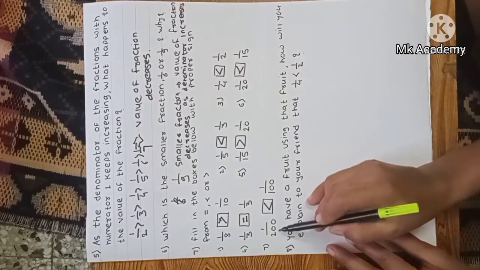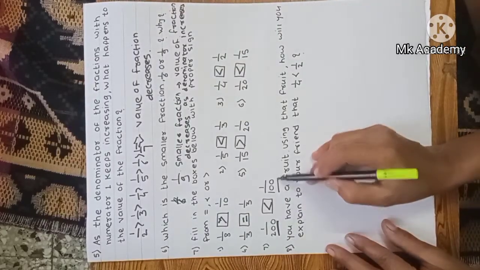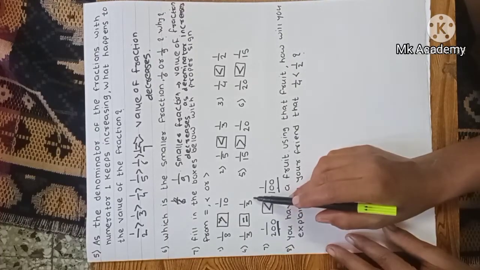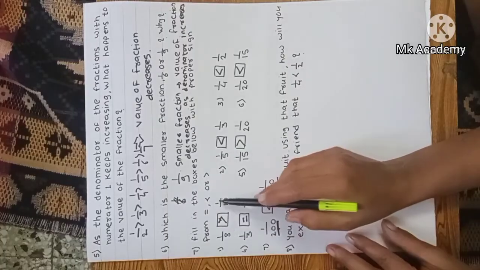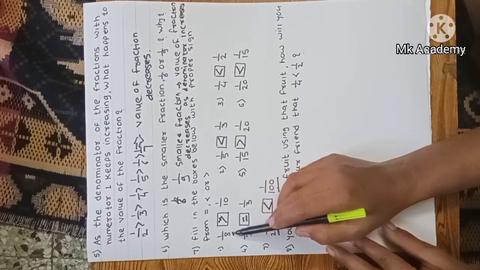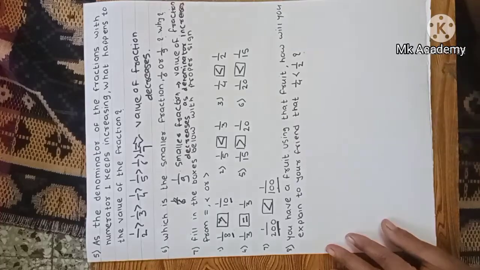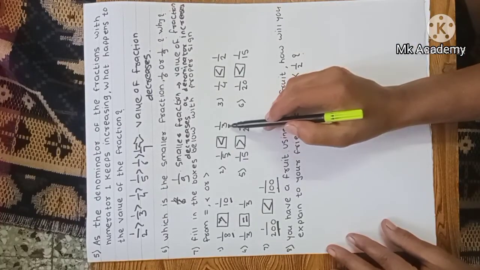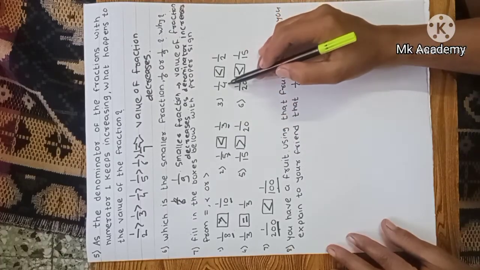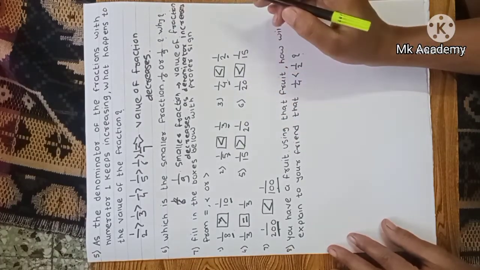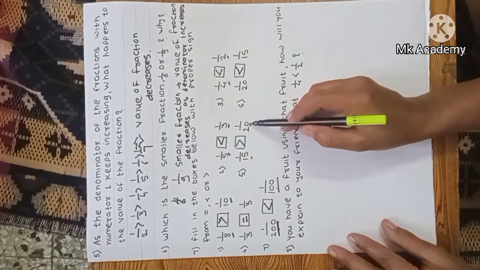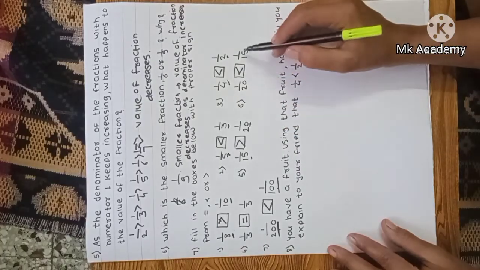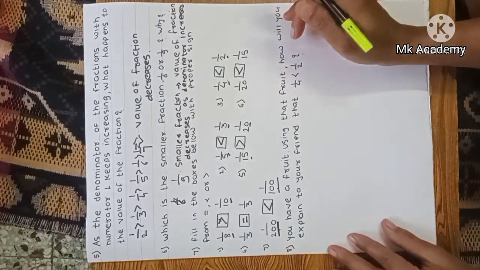Means this, see, this is 1/200 and 1/100. This is small and this is big. And 1/3 or 1/3 is equal. 1/8 or 1/10: 1/8 is bigger and 1/10 is smaller. 1/5 and 1/3, 1/5 is small and 1/3 is big. In this example also 1/4 is small and 1/2 is big. 1/15 and 1/20, 1/15 is bigger and 1/20 is small. 1/20 and 1/15, 1/20 is small.